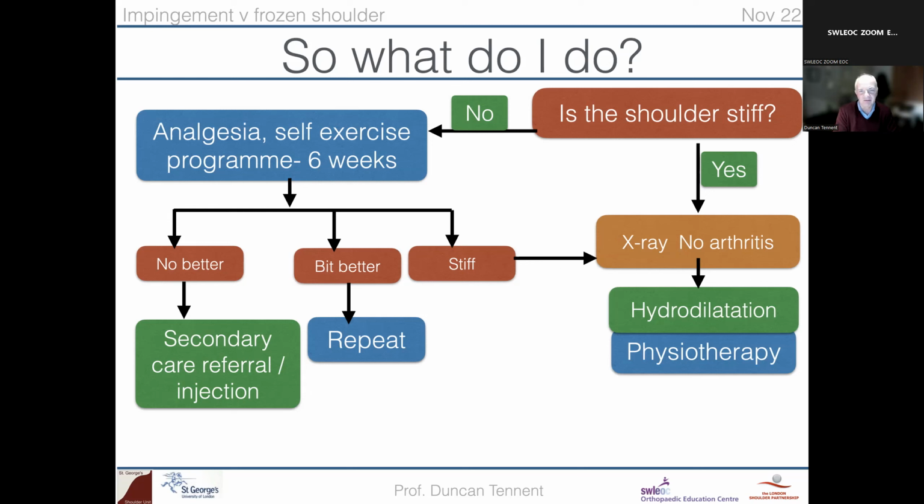Are they now stiff? Has the diagnosis changed? If it has, across they go onto the frozen shoulder pathway. So that's impingement versus frozen shoulder in a nutshell. It's very brief, it's very simple. I think the thing to be aware of is that although they are very different pathologies, they have overlaps that can get confusing. And what is very, very odd,